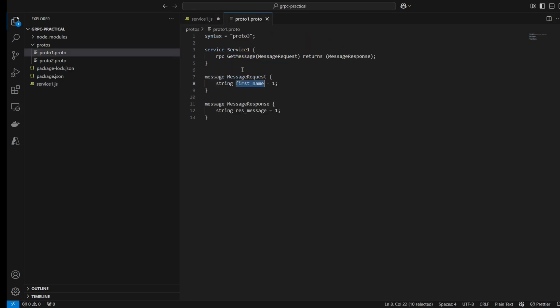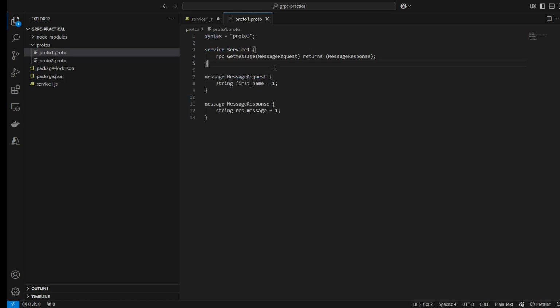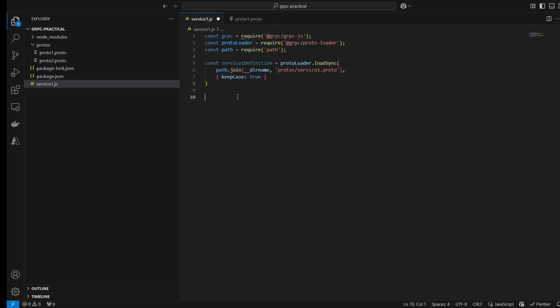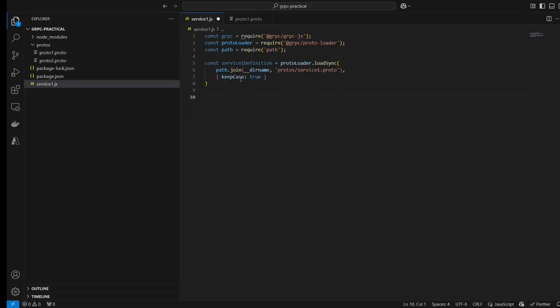So all of the messages and the services would be loaded with the service 1 definition, and when we would be registering the services it would be converting the fields into camel case, like first_name into firstName. But if we don't want to do that, like if we want to keep the same case like first_name, then we have to make it true. So currently we are making keepCase true so that it would not be converting our fields into camel case.